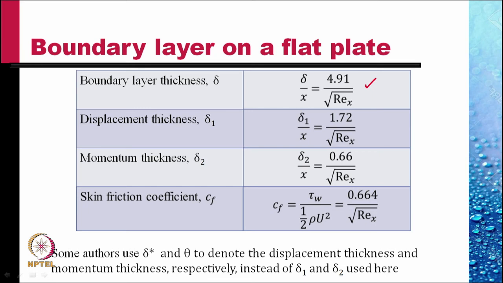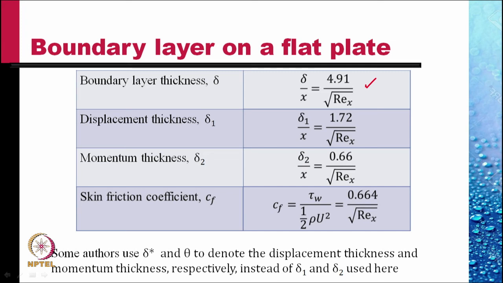The displacement thickness delta 1 is 1.73 divided by under root Reynolds number based on x. And notice this is about 1/3 of the boundary layer thickness. The momentum thickness is another third lower,